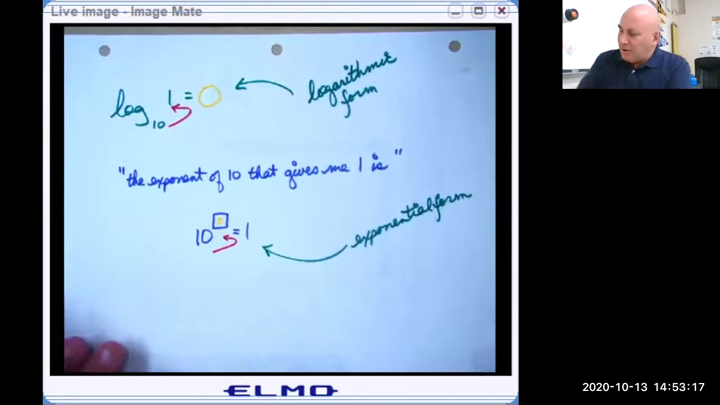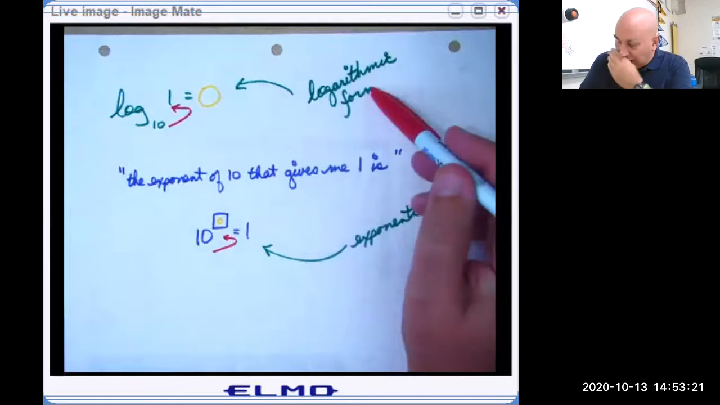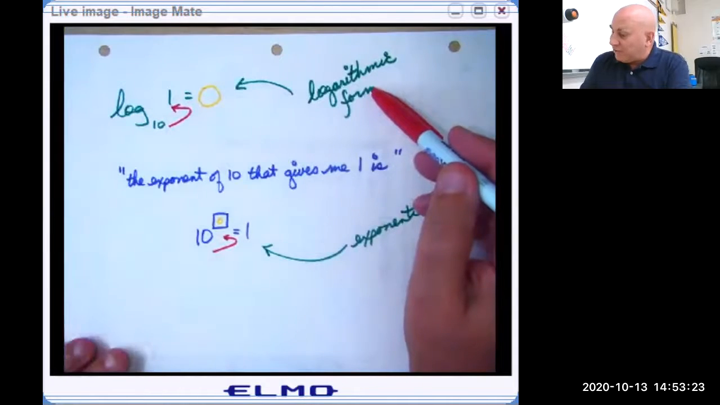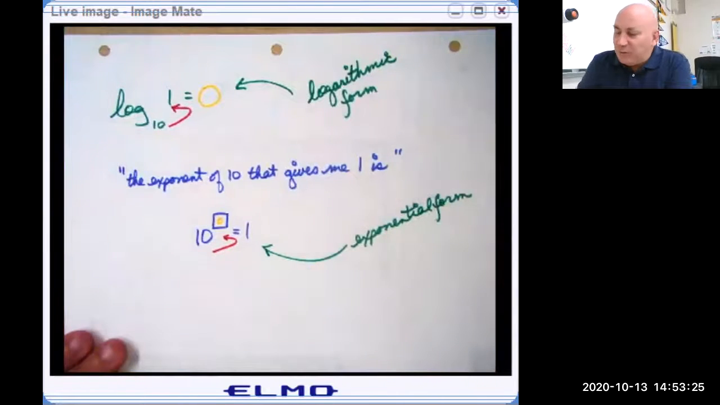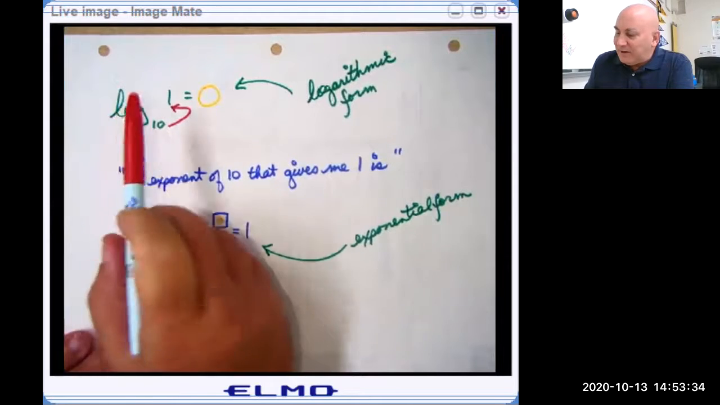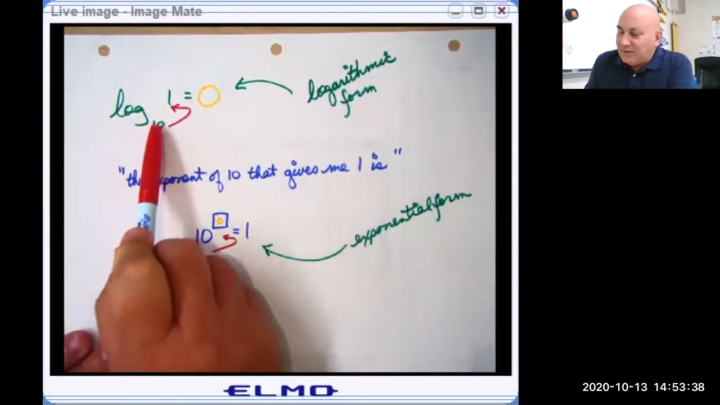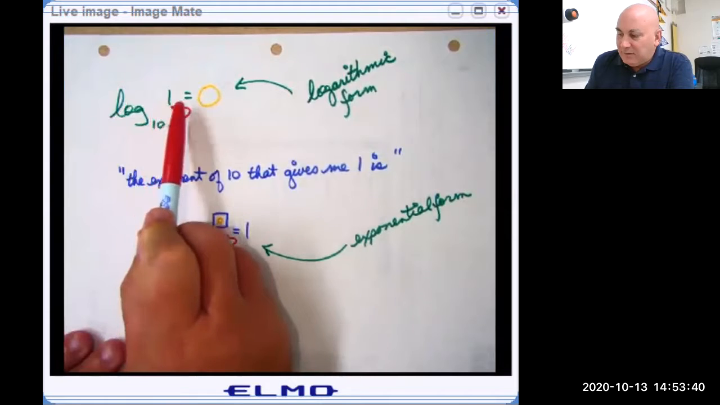All righty. So if you got a logarithm over here, this is the logarithmic form of the equation. And here's how you read it. Don't just read this log base 10 of 1. Nobody knows what that means. A logarithm is an exponent. So you read it like this. The exponent of 10 that gives me 1 is